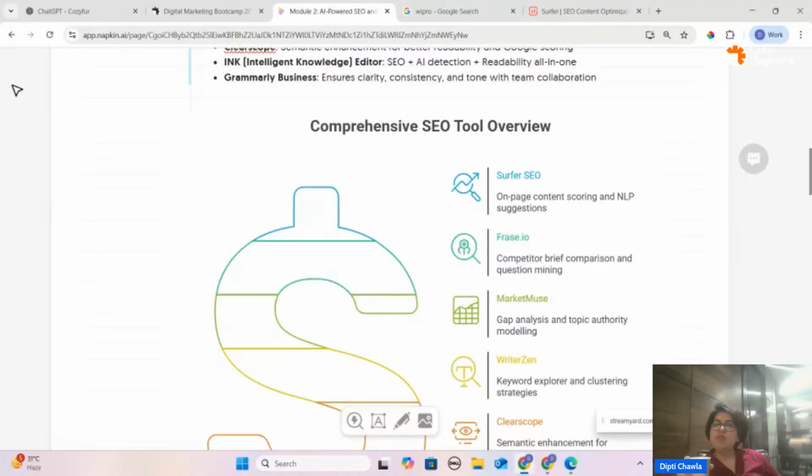So Market news is one of those platforms where you do a proper gap analysis and understand the topic which you are catering to and whether you are targeting the right audience. You will understand whether it is right or wrong.